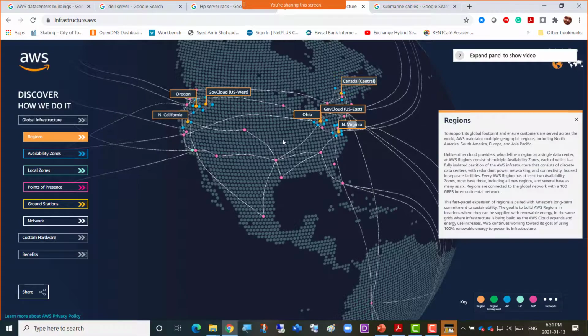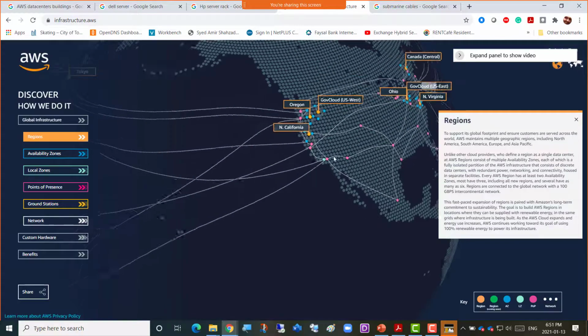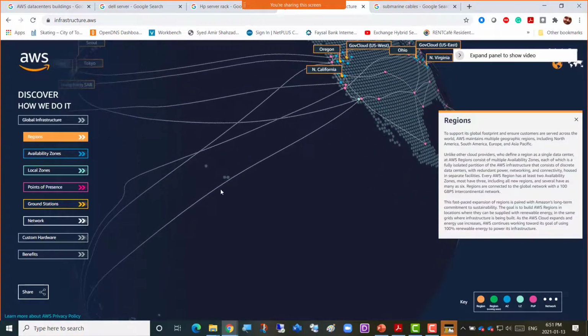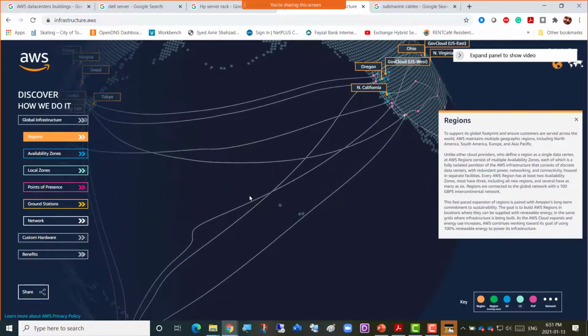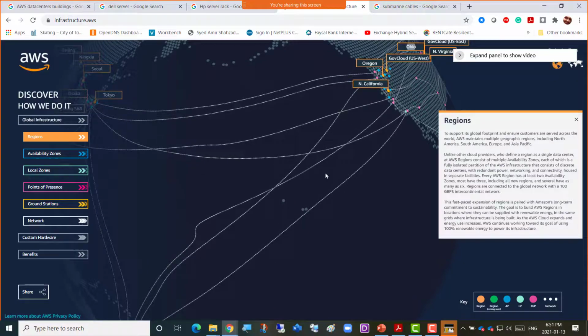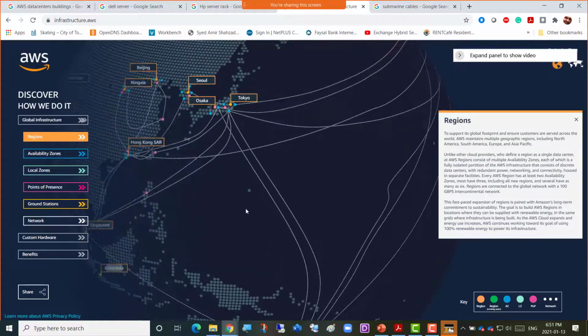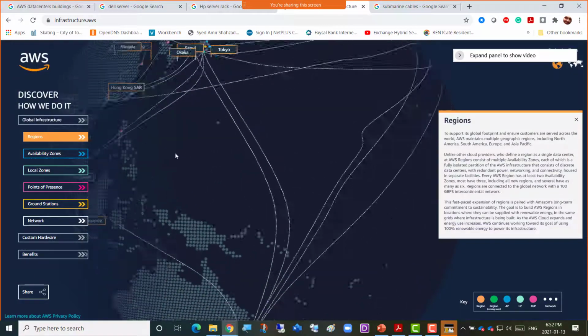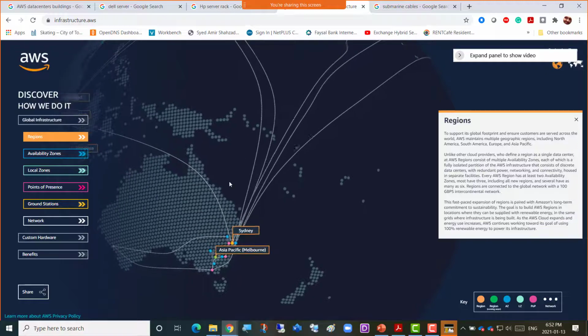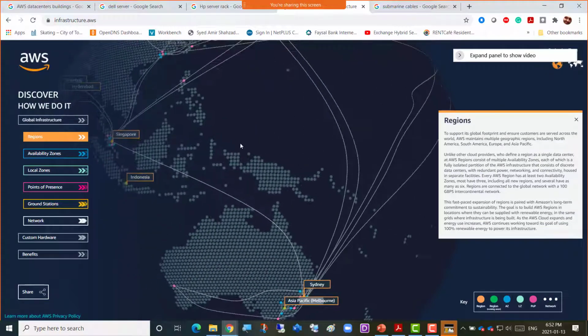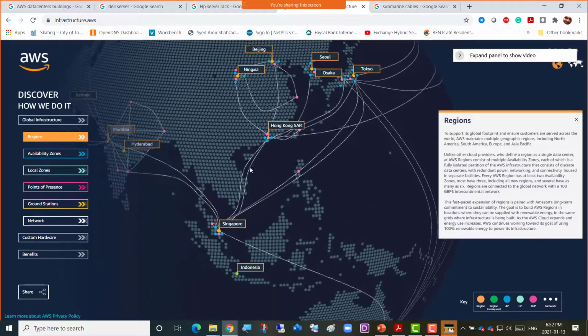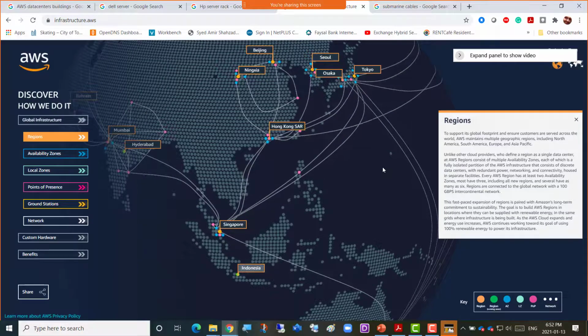David says, AWS owns its own underwater cables. Yes, well, some. They are saying not all of them are their underwater cables. They do rent somebody's services and show that, hey, this is how we're connected. But you can see that from North California to Australia they're connected, and to Sydney, and from Japan and other countries they are connected to Sydney, and then Indonesia, Malaysia, Singapore. So not all cables are theirs, but the majority of them are.